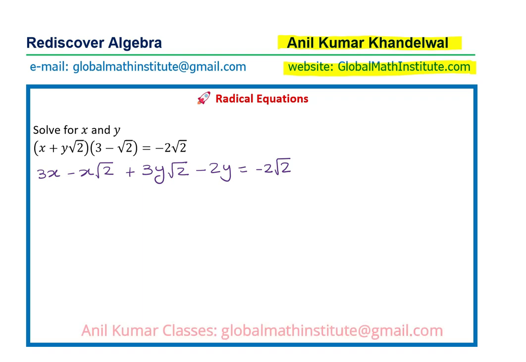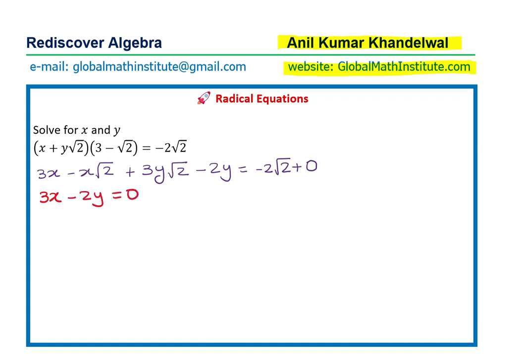Now from here, how do we solve? What you notice is that on the right side, we have minus 2√2. So that's the radical part, √2, right? Now, the other part, which is 3x minus 2y, that should be equal to what? We can say plus 0 here, right? So that gives you two equations to solve. What are these two equations? One is 3x minus 2y equals 0,